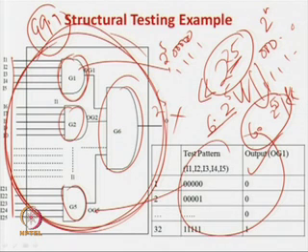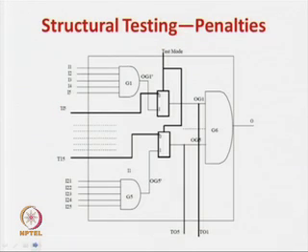So this k is much less than 2 to the power n. So structural testing is telling you that you have to apply some 2 to the power k inputs. Now which 2 to the power k inputs is also being told by the structural test, which we will elaborate later. But there is one very important thing you have to note, that we said that structural testing is a